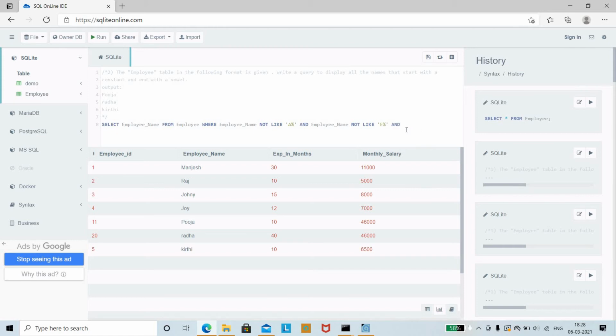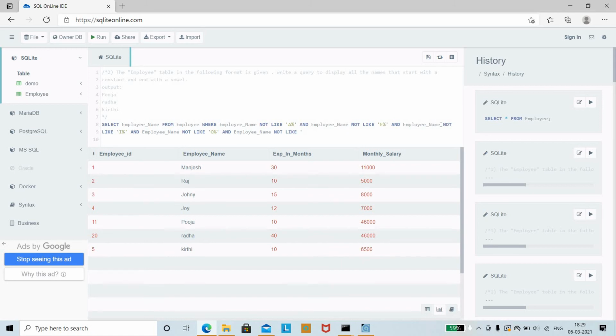So not like E followed by the percentage, and employee_name not like. Similarly you have done with A and E. The next one is I followed by the percentage, then again and employee_name not like, then O followed by the percentage, and employee_name not like, the last one is U. So U followed by the percentage.